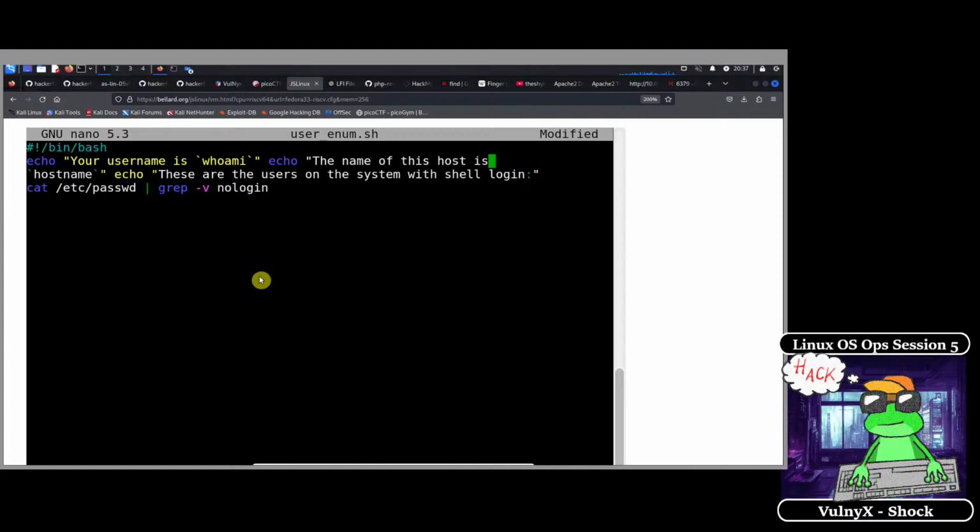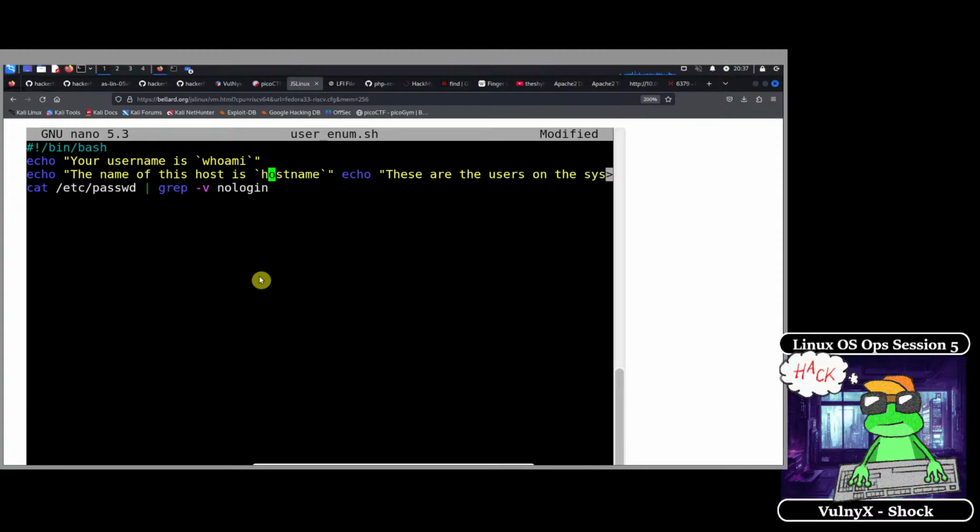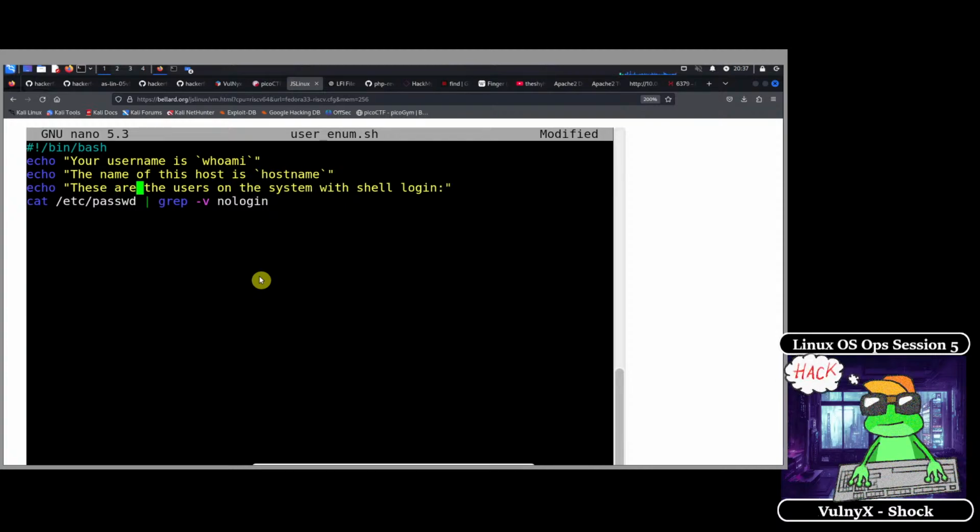Oh, the format seems to be messed up over here. Okay, so we've got bin bash, and then what this script is going to do is run the following commands. First of all, it's going to echo your username is who am I, and then we're going to put this on a separate line, and this on a separate line. Okay, so it should be formatted like this. The echo command in this case is basically going to serve as a kind of print to the console. And the first command is echo your username is who am I. So it echoes out this, but